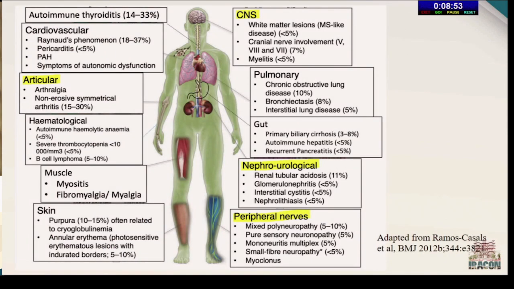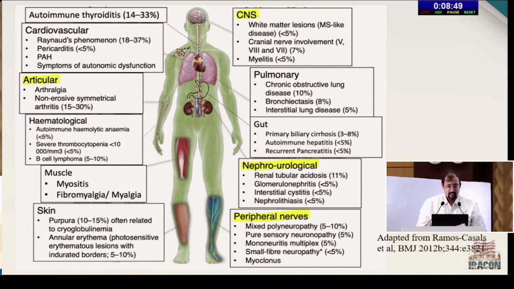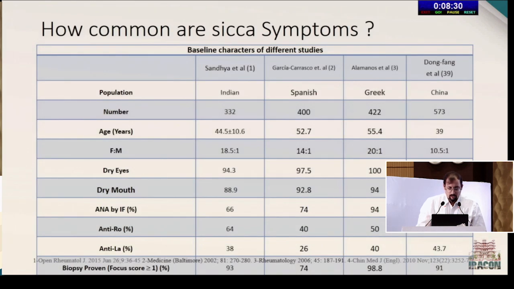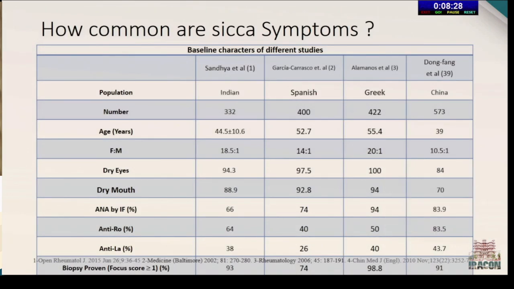Regarding systemic extraglandular manifestations of Sjogren's syndrome, in India, what has been found very commonly are the articular manifestations, the neuro-Sjogren's manifestations, and the nephrological manifestations as mentioned just now. And these manifestations have been shown to present much earlier than the classical sicca symptoms do. How common are sicca symptoms? So in large series from India, Asia and outside,